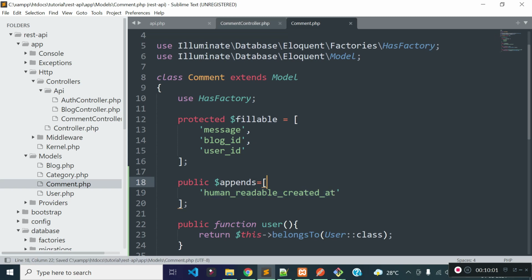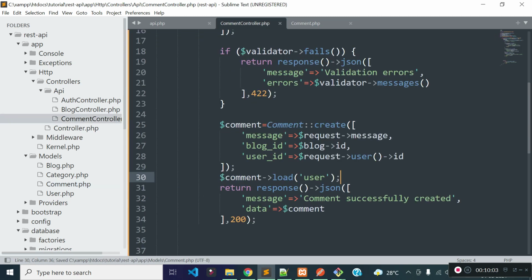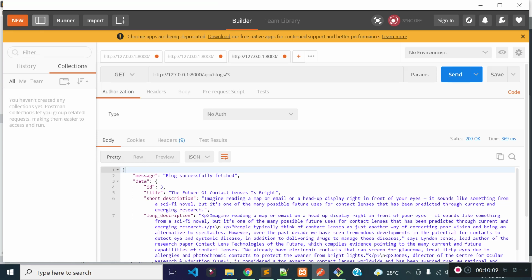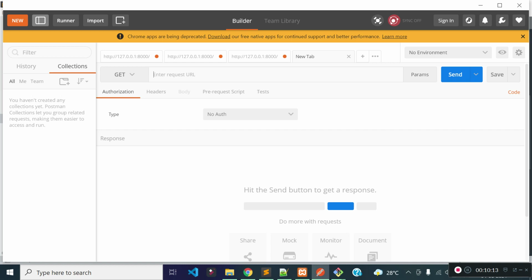Okay, now let's test this endpoint from Postman. So from Postman, let's open a new tab and provide the request URL here, and the URL will be api/blog/ the blog ID, because I'm adding the comments for this blog ID, and then comments/create, right?